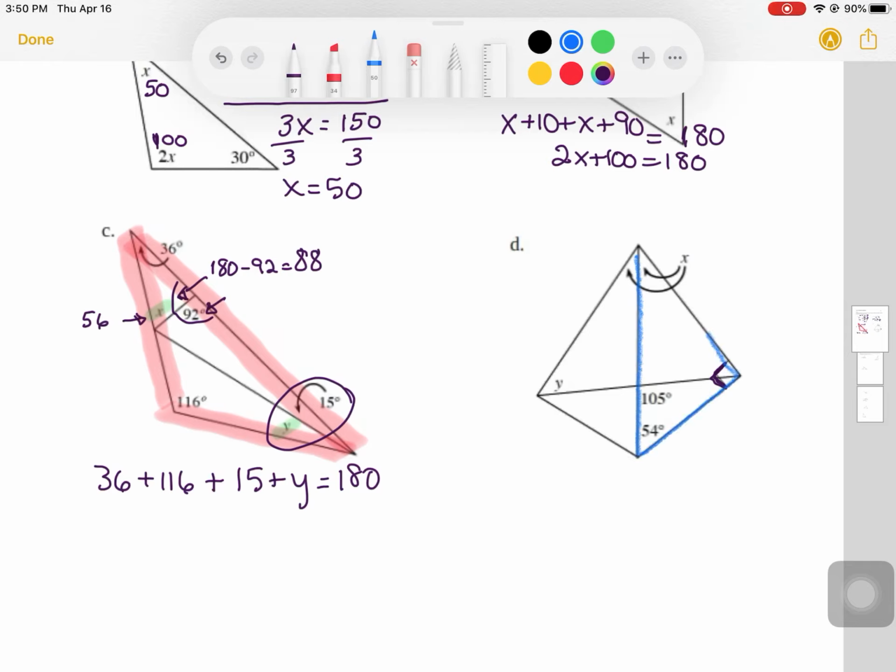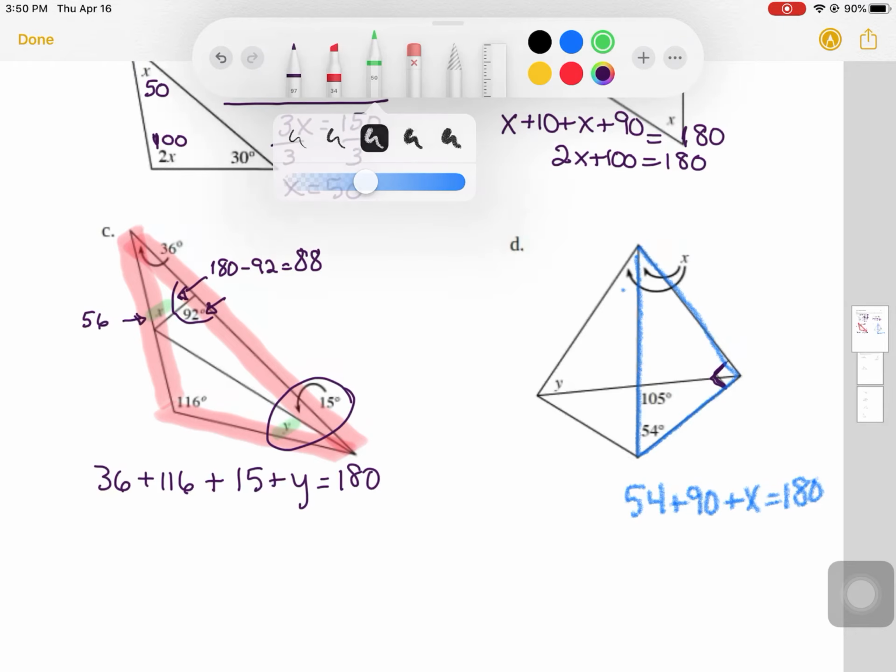And if we look at this blue triangle that I'm outlining in blue, in that triangle, we know that 54 plus 90 plus x equals 180. And once we find x, we can find this piece over here. And then you still have to do some unwrapping. So down here, oh no, I take it back. I would probably just see this as 105, and that makes this angle 105, because this is that idea of